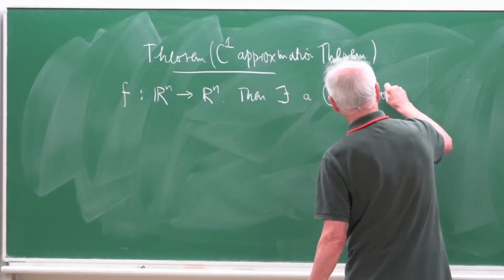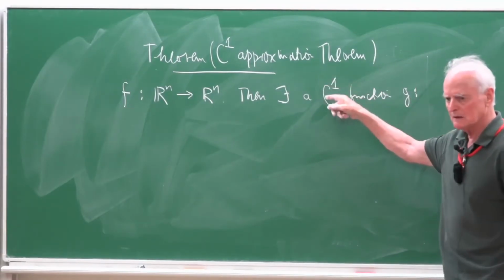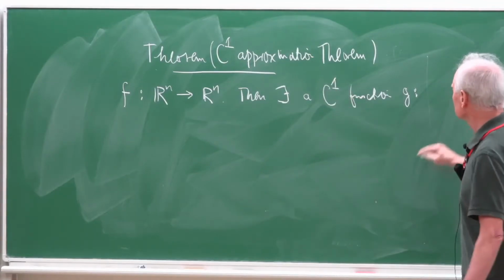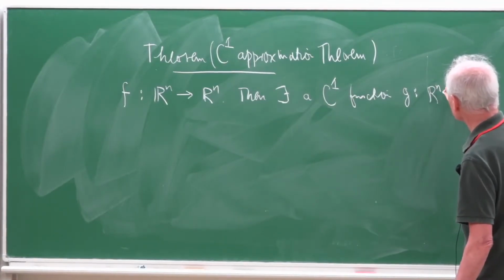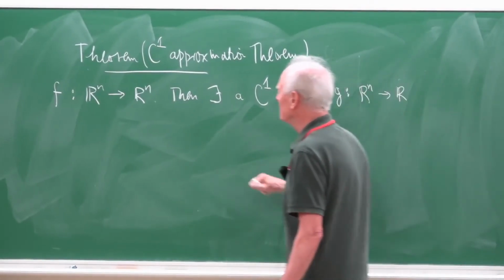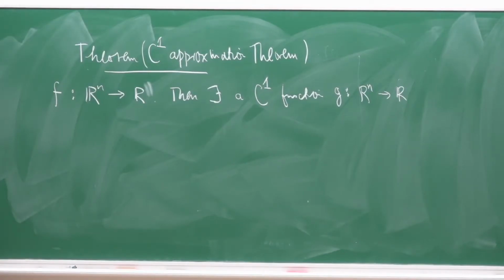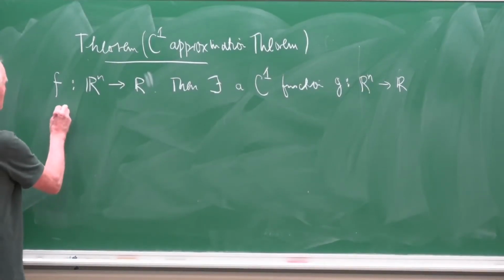Remember, this means all the partial derivatives exist and are continuous. So this is a function from Rn to R. Oh, sorry, f is real valued. So we're talking about a real valued function. So the claim is that there exists a C1 function g on Rn such that